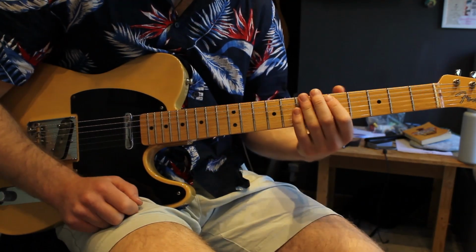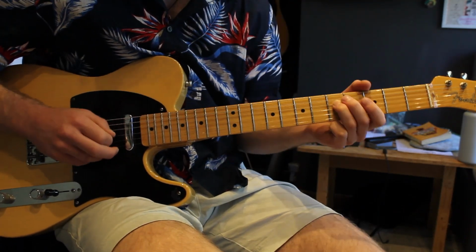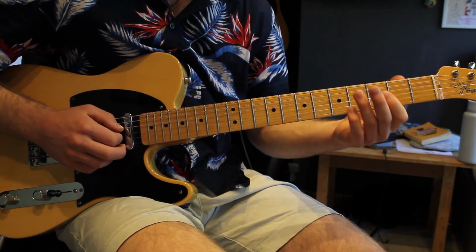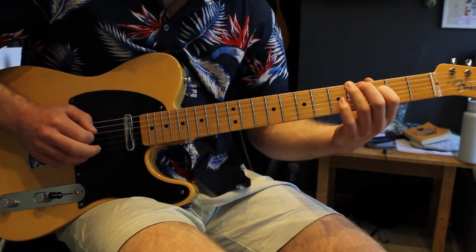Then from there we're going to follow down this little phrase. We're going to slide from the 3rd fret of the D string up to the 5th fret, and then play the 3rd fret again with our 1st finger there. So with our ring finger, slide up, then 1st finger back down to the 3rd,